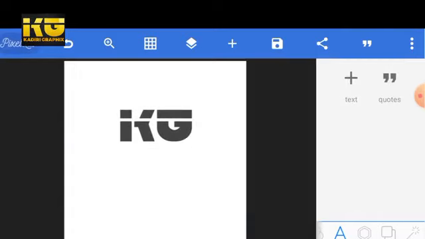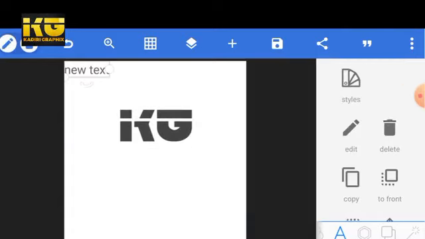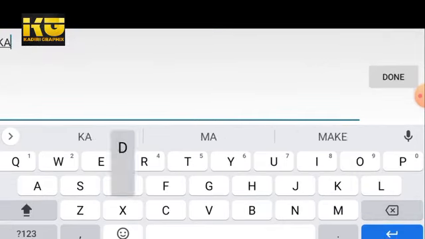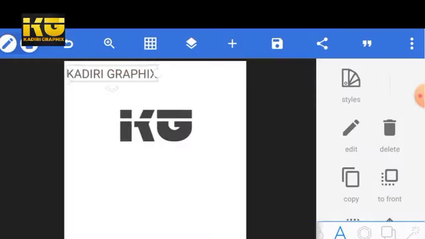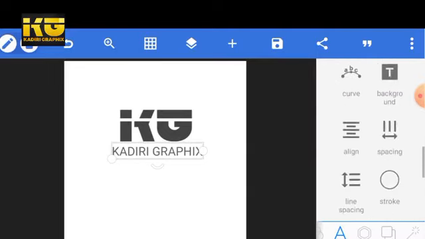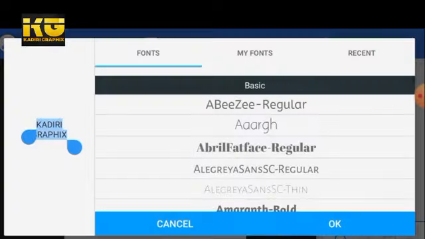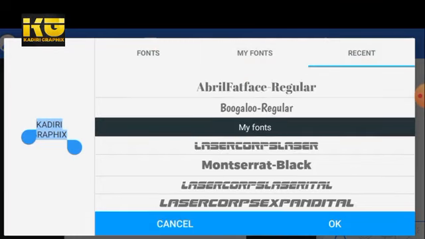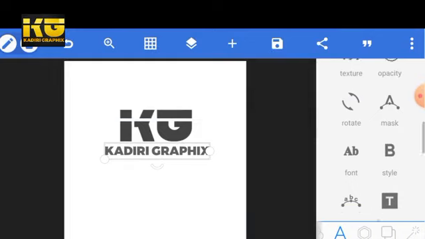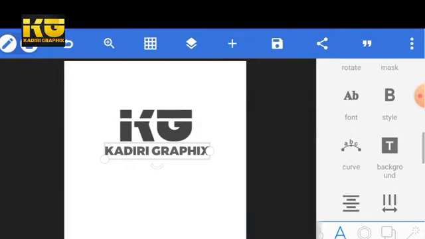And next I'm going to add another text. Then I'll write Cadre Graphics on it. Then I take it down here. Then I change the font. I'm going to use Montserrat Black. That's what I'm using. So I'm going to try to align this, that is by reducing the text size, so